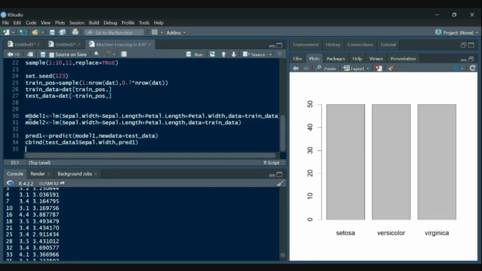So simply we have created a model using the trained data. Then based on that particular model, we predicted the values based upon the test data. Since here our dependent variable is sepal width, we are finding out the sepal width.